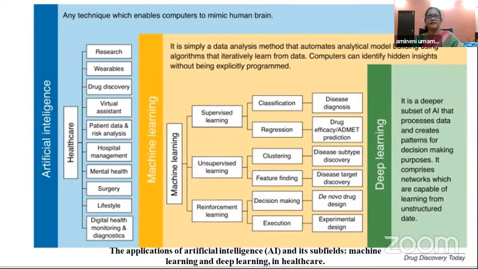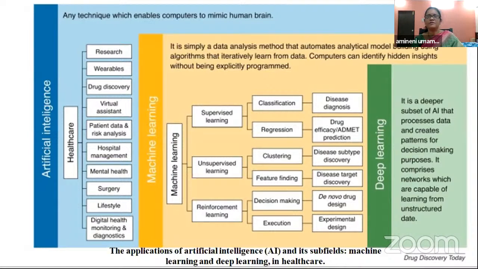Unsupervised means, suppose there is a disease like breast cancer, where different subgroups are present. I will show this in the coming slides. Different types will be present, but no numbers are available for them. There is only an image. In one area it is densely present, and in another area it is very light. Based on that, we need to predict the subtype of cancer. This is possible by clustering.